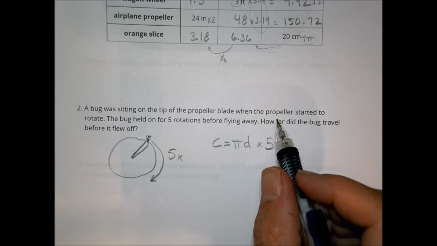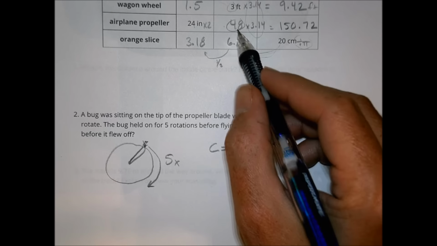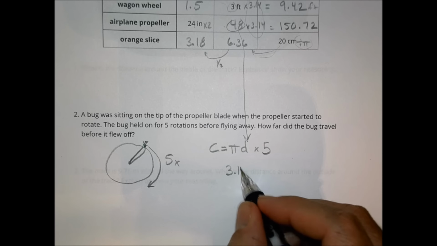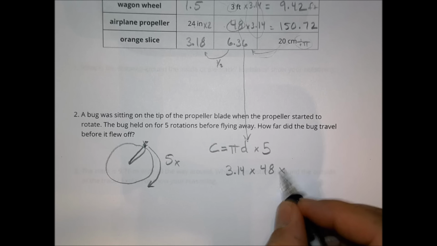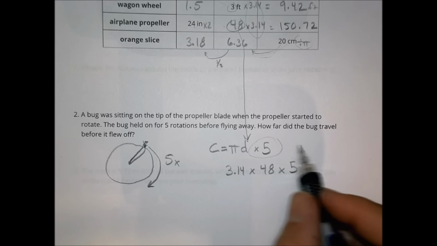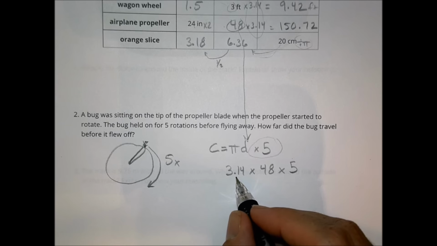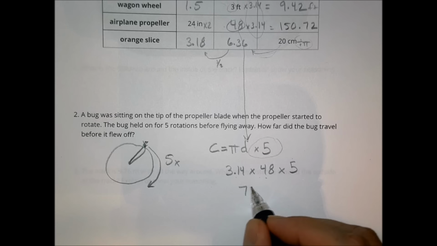So looking at the propeller blade from up above, we knew that the diameter was 48, so we can plug that value in there. Pi was 3.14 times our diameter, which is 48, times 5 rotations. It's important to keep this in mind. Again, this comes up quite a bit in this unit, okay? So 3.14 times 48 times 5 is going to give you